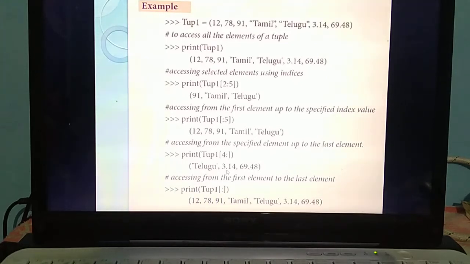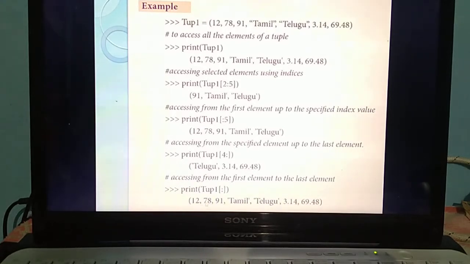Here it won't take the last index value as n minus 1. Why? Because here you are not specifying the last index value. You have specified only the starting index value. If you are not specifying the last index value, it will access the elements till the last element of the tuple. Understand? But from the index value you have specified, it will access from there. So here we are specifying 4. 4 means from here, Telugu, then till the last value it will access.